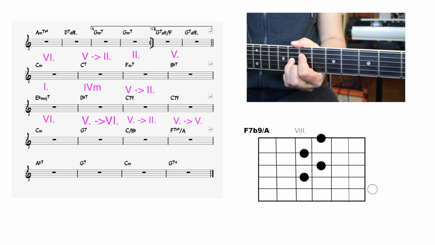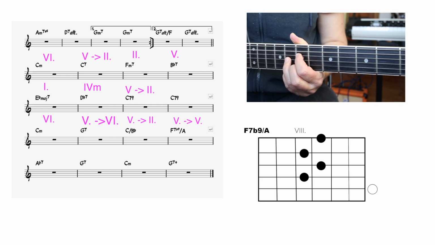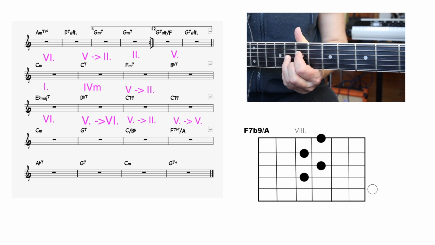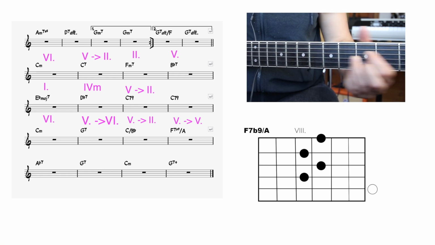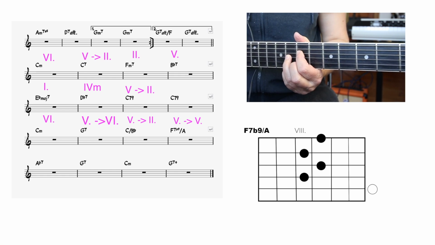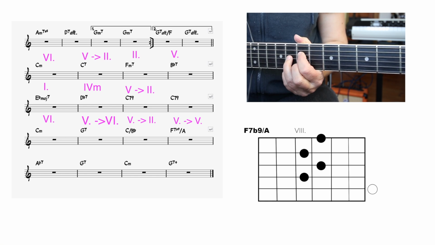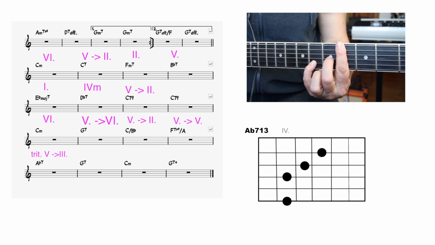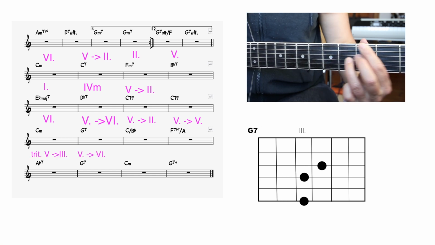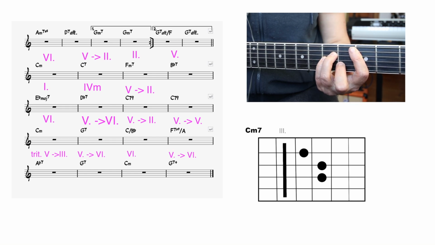Instead of the F7, which I found on a lead sheet, he played this diminished chord, right, which is just like an F7 with a flat 9. And then your rootless diminished chord, and then A flat 7, G7, just going home to the C minor. Yeah, so those are the chords of Samba y Amor.